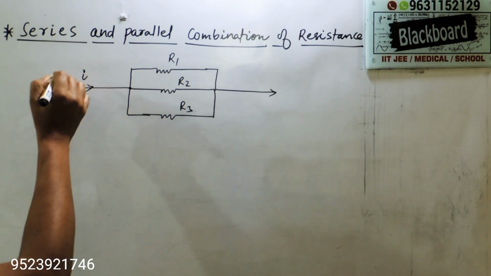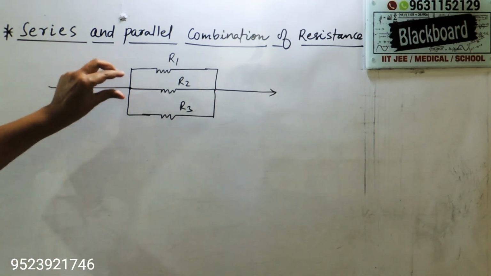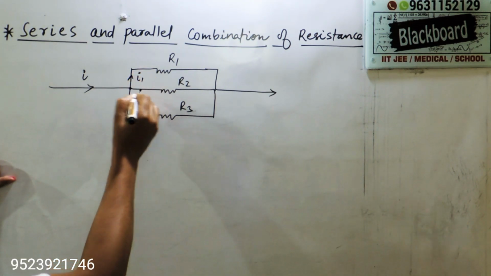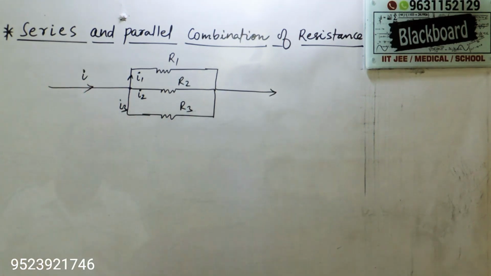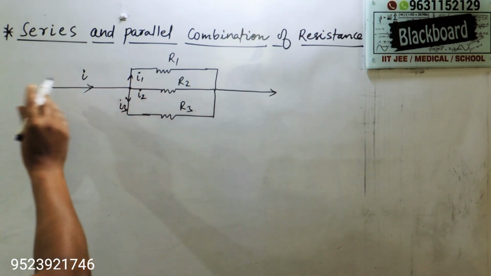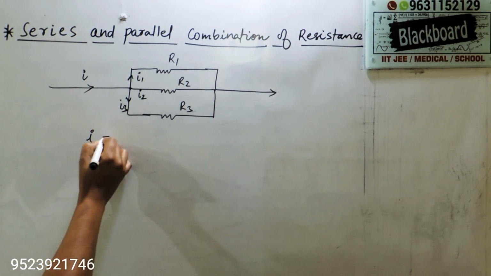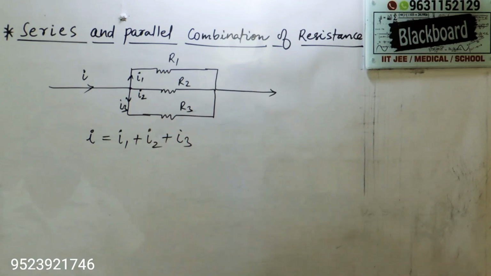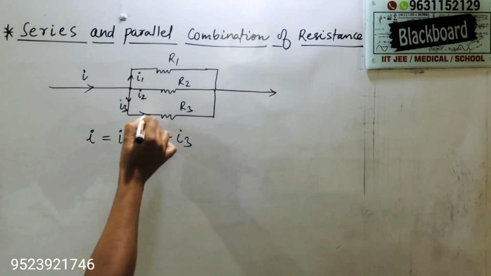Here current is your I and I amount of current is entering at this junction. तो ये हो गया आपके पास, this is I1, this is I2 and this is I3. तो at junction ये Kirchhoff's law से भी आप बोल सकते हैं कि here incoming current is equal to outgoing current. That means you can write I is equals to I1 plus I2 प्लस I3 और यही करंट पास होकर आपका अलग अलग सर्किट में चला जाएगा.